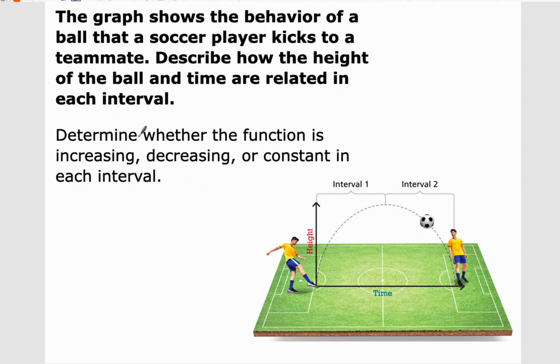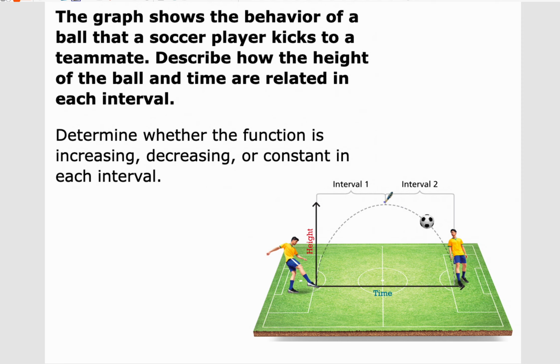The graph shows the behavior of a ball that a soccer player kicks to a teammate. Describe how the height of the ball and time are related in each interval. Well, I've got two intervals of the graph, and you can picture what's happening. As he kicks the ball, time is progressing. Time is moving forward, as it always does. And what's happening when he kicks the ball to the height? Well, the height is going up. So in interval one,